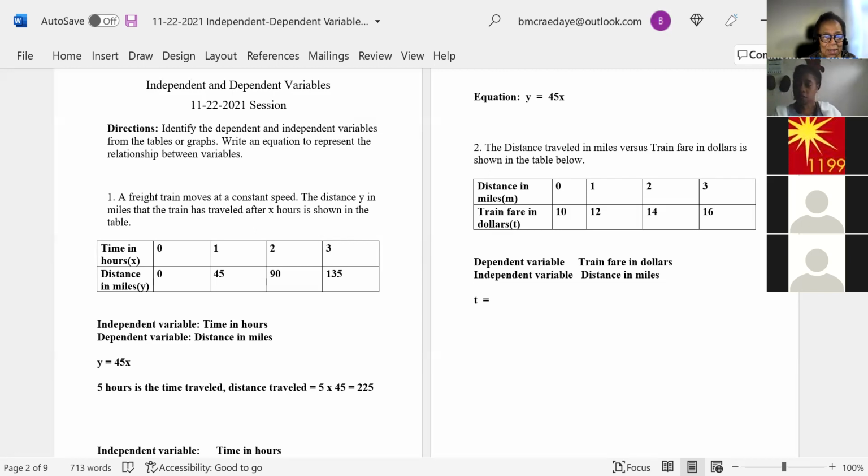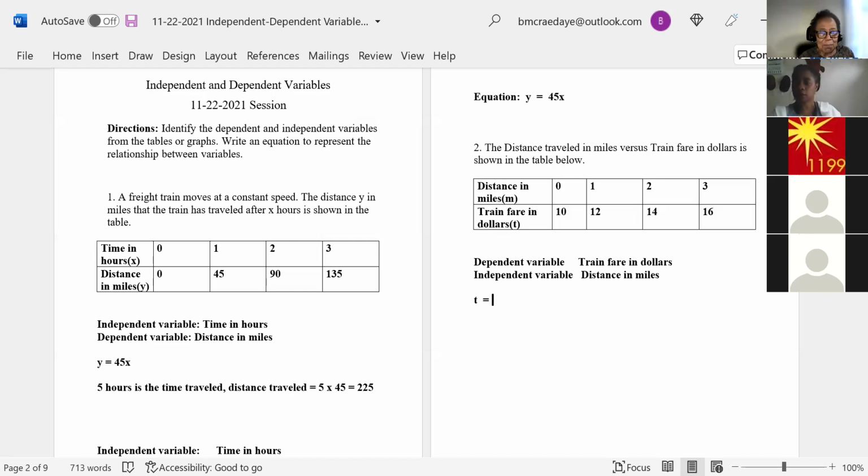And how is that related to the distance, Vanessa? The output is Y. Well, it's T here. We're using T as the fare. Okay, I'm back now. T is the output, right? How's that related to the distance in miles? If you look at it on a graph, will it be Y? Well, T is like a Y if you're using X and Y.